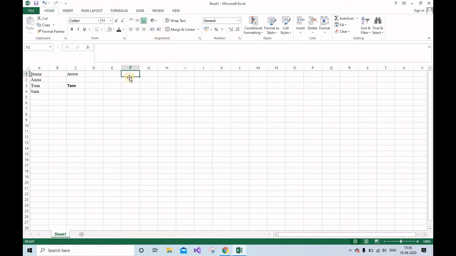Now come to the alignment. So how does alignment work? Whatever text you are writing in your Excel cells, that font alignment we can change from here. Like I'm taking Jenna as an example. If I click on align left, the text will go to the left. Likewise, if I click on the right side, the text will go to the right.